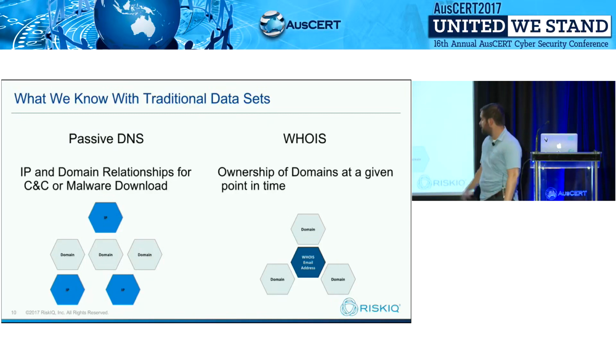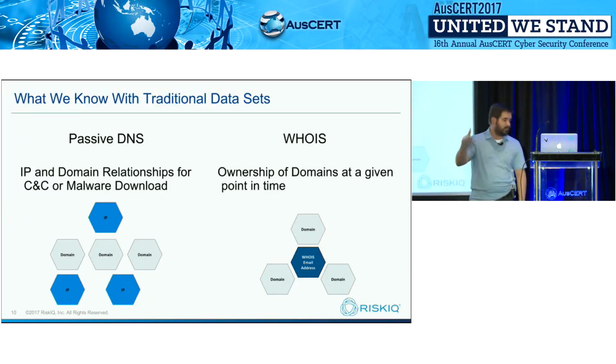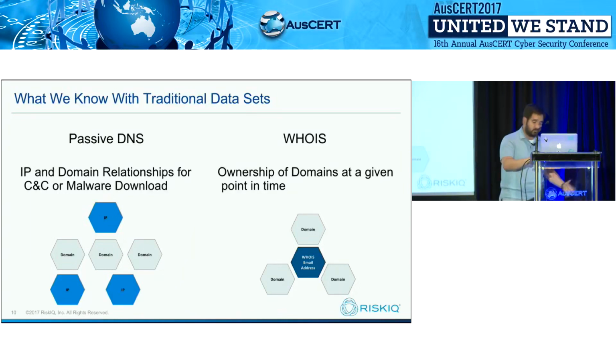Additionally, with WHOIS information, we start with some type of facet. Most of the time, WHOIS email addresses are the most effective. We're seeing a lot of efficacy in phone numbers at this point. We can take that unique bit of information and go from one entity to many. These methodologies have been used by organizations for many years now, and they've been very effective in understanding the full scope of an attack campaign.